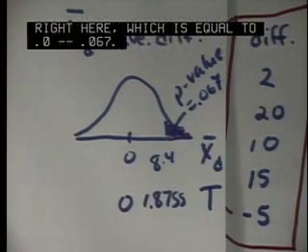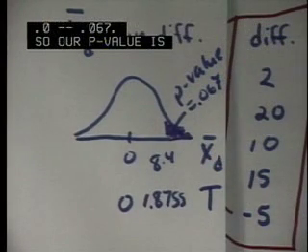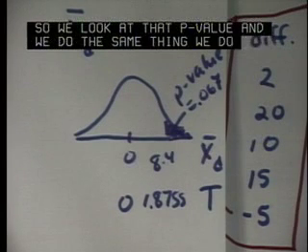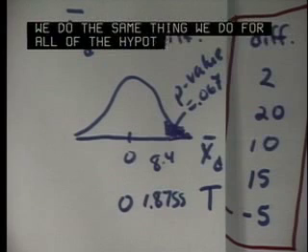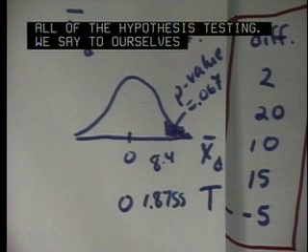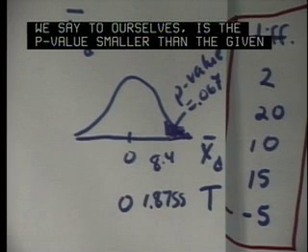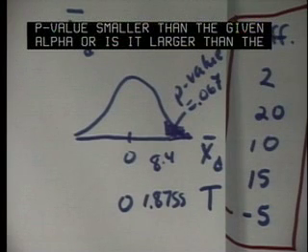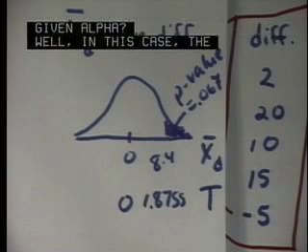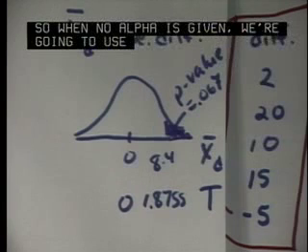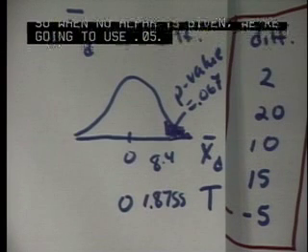So our p-value is 0.067. We look at that p-value and do the same thing we do for all hypothesis testing. We ask ourselves, is the p-value smaller than the given alpha, or is it larger than the given alpha? Well, in this case, there was no alpha given. And so when no alpha is given, we're going to use 0.05. No alpha is given, and so we're comparing